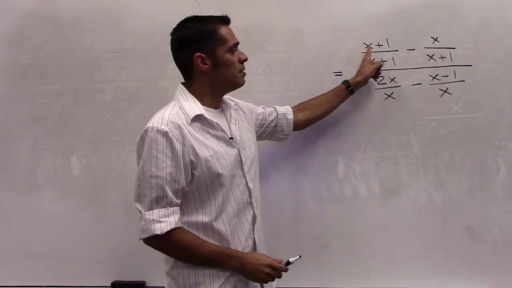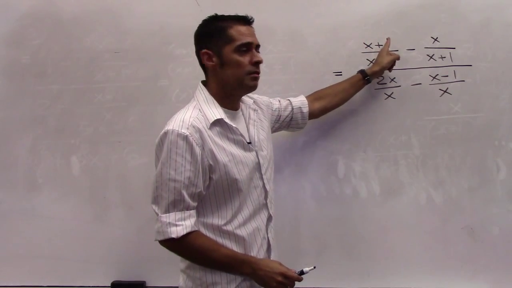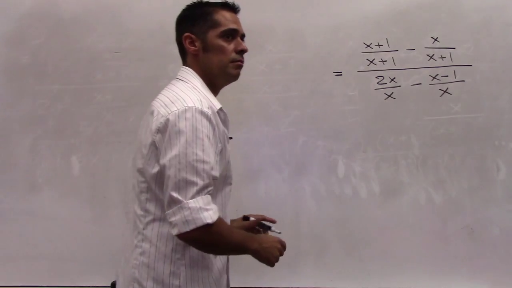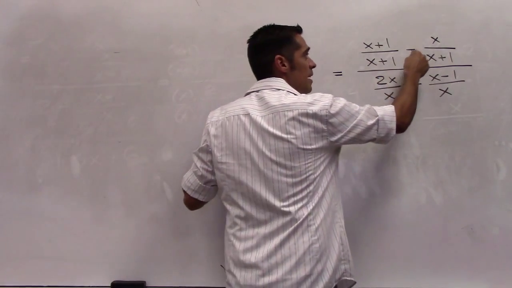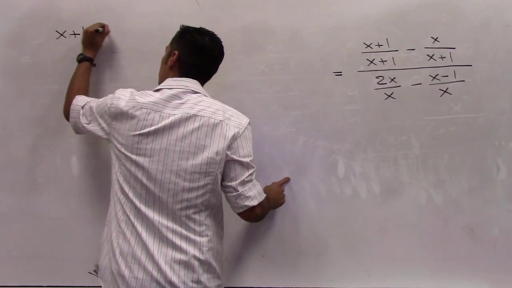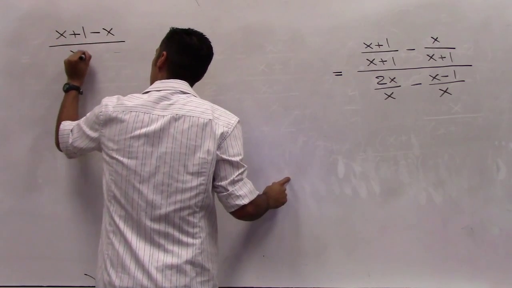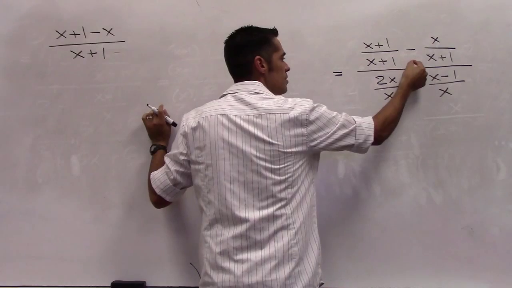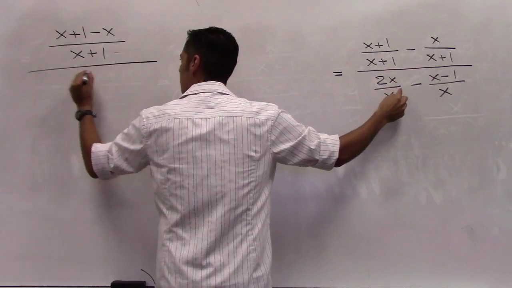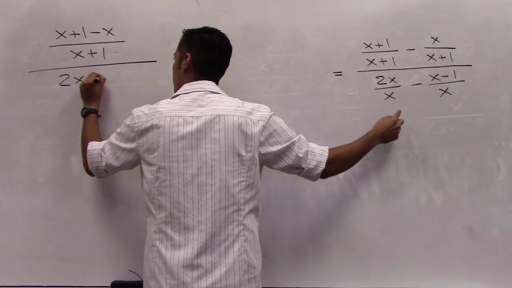So how do I do this? x plus 1 minus x. Well, parentheses, or you just distribute. I'm distributing this negative to this, right? So that becomes an x plus 1 minus x over the common denominator, over this. And then all that over 2x, be careful here, minus,